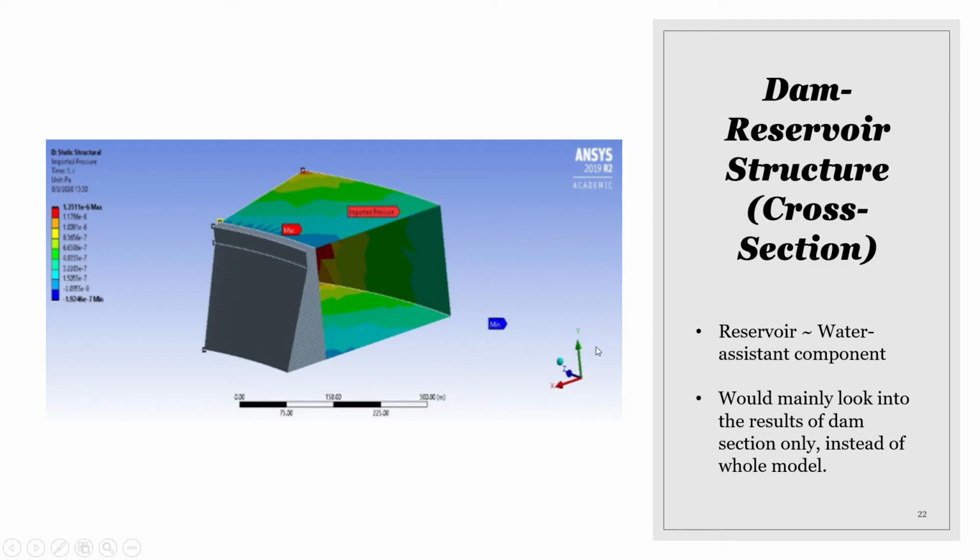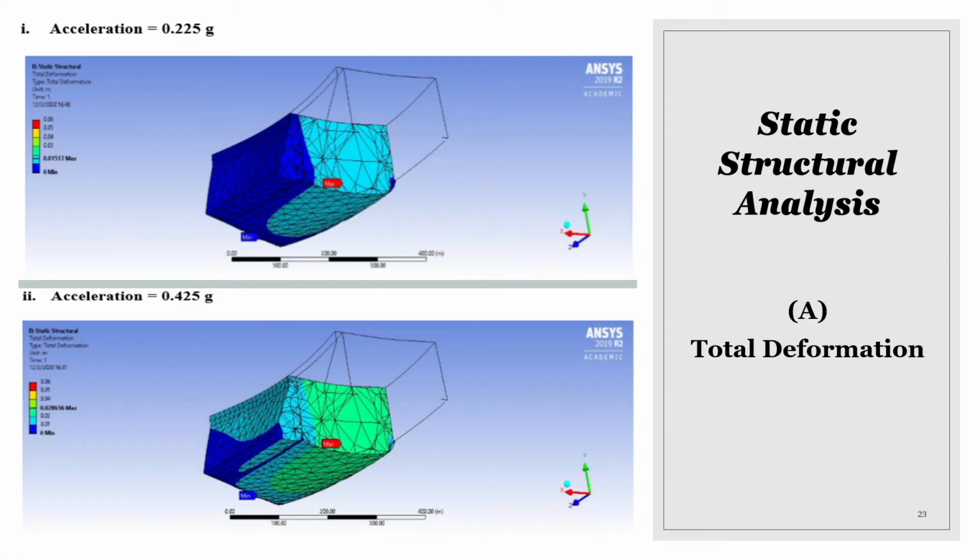In this project, the reservoir system plays a role as a water assistant component to provide the water effect to the dam. However, we will mainly look into the results of the dam section only instead of the whole model. In static structural analysis, first, for total deformation, with one gravity equal to 9.81 meters per second squared,